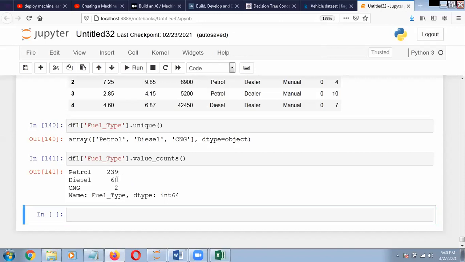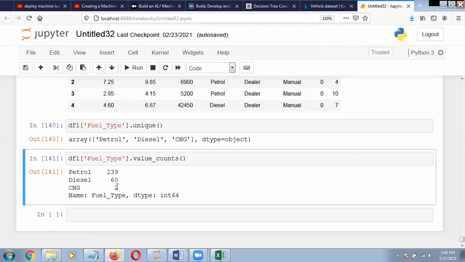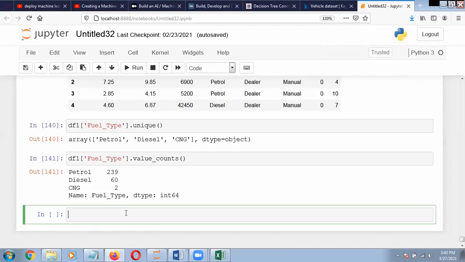Now compared to other numbers, 2 is a very negligible number, right? If you have any data with very negligible frequency, then you can remove that data. Negligible means, let's suppose, 1, 2, or 3 only. You can do that manually. You don't need machine learning for that. You can drop that. So df1 equal to